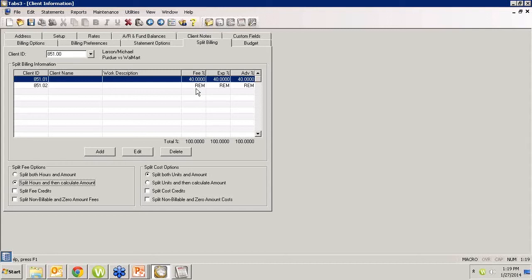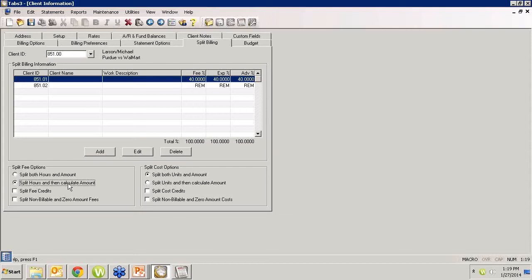So when that hour gets split, 0.4 hours will go to this guy, and maybe he's the $100 an hour guy, and so he'll pay $40. 0.6 hours will go to this guy, and he's the $200 an hour guy, so he'll pay $120. Hopefully that makes sense. It's a little hard to explain, but this merely splits both the hours and the amount, and this splits the hours and then calculates the amount. In the past, it was impossible to have split billing work if you had different rates for different clients,